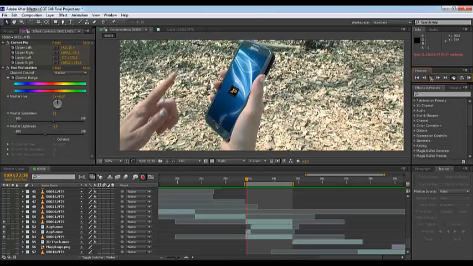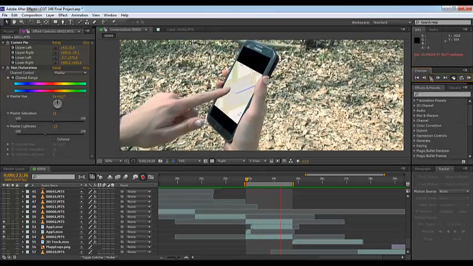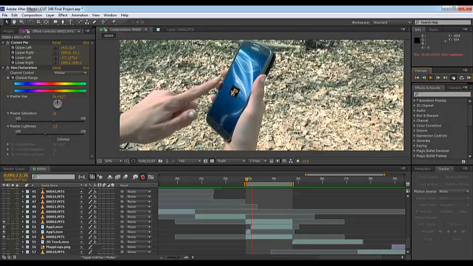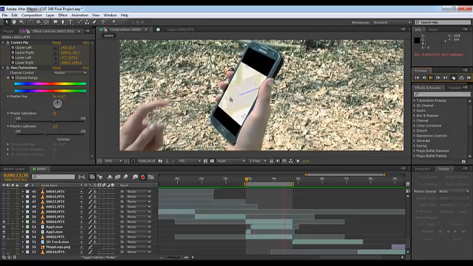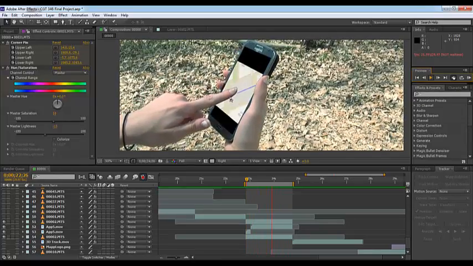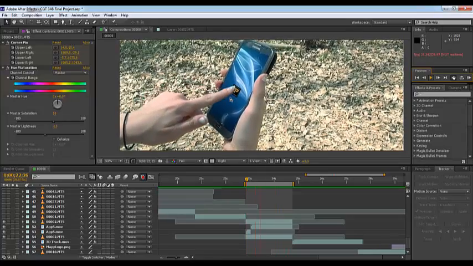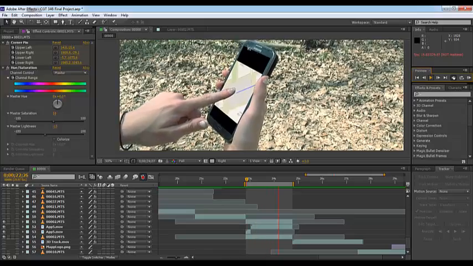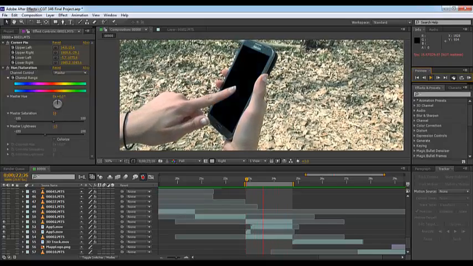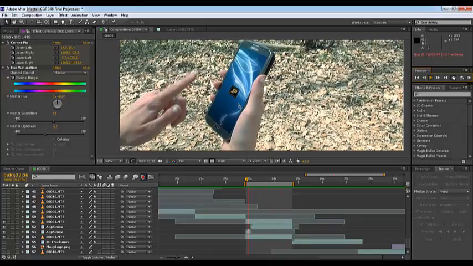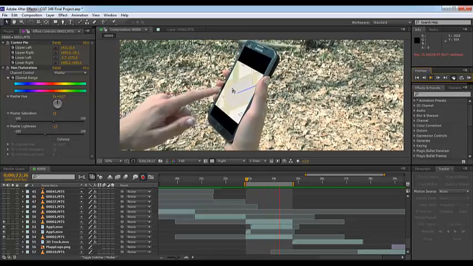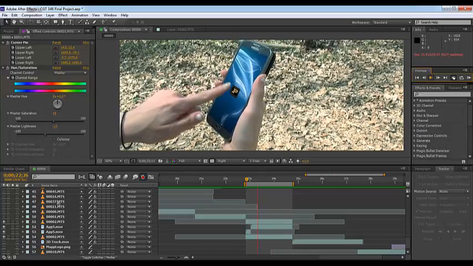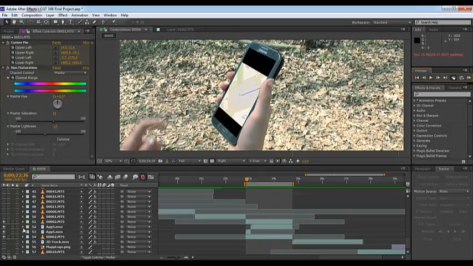However, you can still kind of see a little bit around her finger once the map comes on, a little dark line. You could go back in and redo the mask. However, phone screens don't look like that in general anyway. As you can see up here, there's a bit of reflection of the background, same as the bottom, and the phone would have that too. Even if there is something on the screen, it's not going to be so bright that the reflections aren't going to be seen. So what you would want to do,